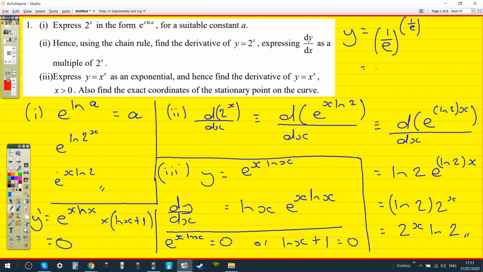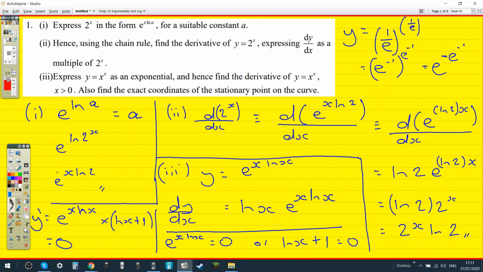I don't know. We could do e to the minus 1 to the... e to the minus 1. And so power to a power, what do you do there? Multiply. So e to the minus e to the minus 1. So you could say,